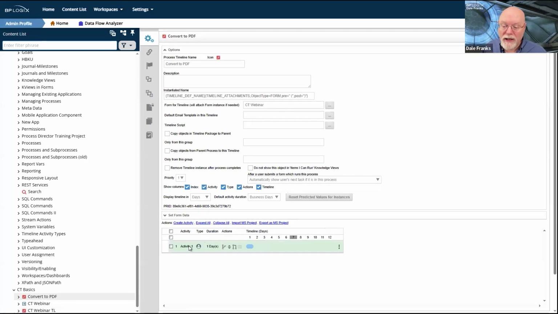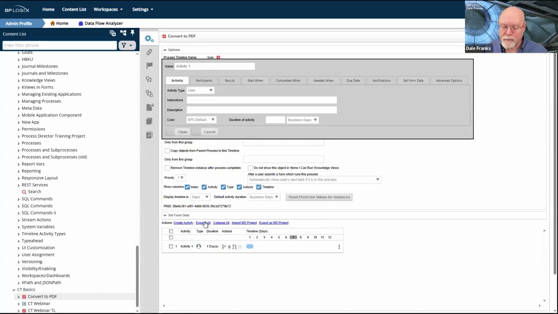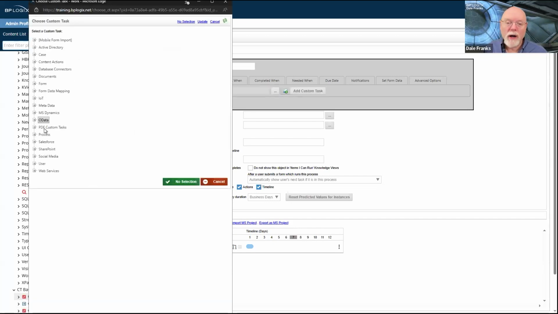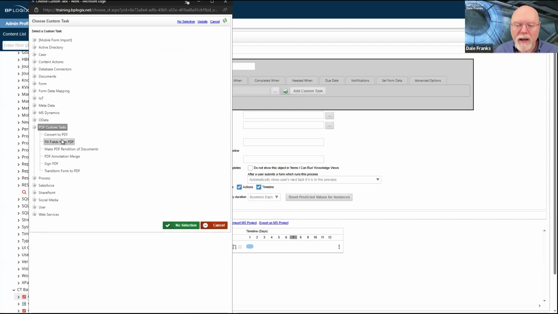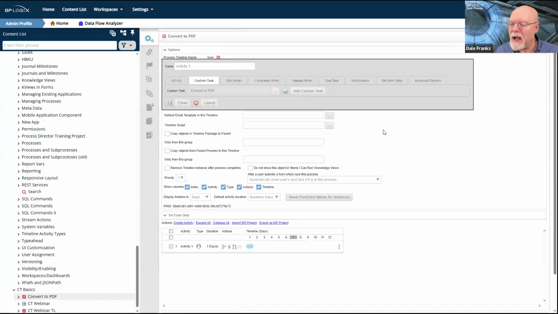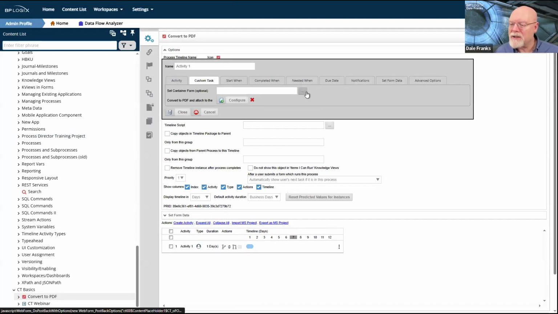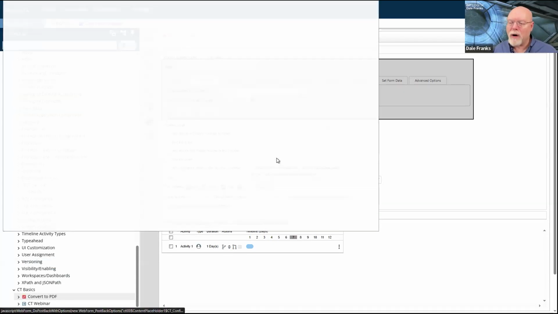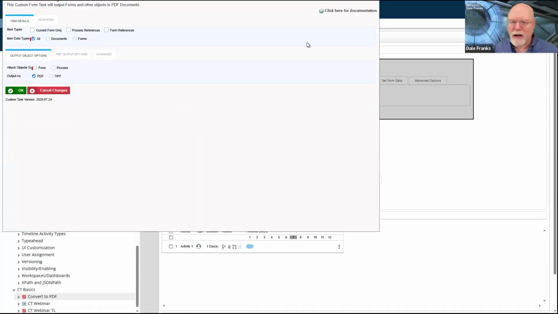And I really only need one activity here, which is my convert to PDF custom task. I'm not going to fully configure all of this stuff, just the bare bones basics, but I would have it set to the convert to PDF custom task. I would add that custom task. Obviously, my container form is going to be my CT webinar form that will be attached to this process when it starts.